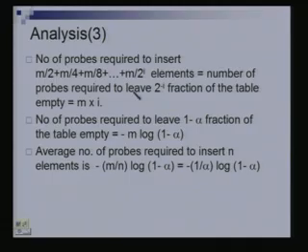I've just gone from here to here. If I have 2 to the minus I fraction empty, 2 to the minus I is a number smaller than 1. So to get to this point where only 2 to the minus I fraction was empty, I required m into I probes. So to get to a point where 1 minus alpha fraction was empty, I need so many probes. So the average number of probes required: this was the total number of probes required, so the average is just divided by n. m by n was 1 by alpha, n by m was alpha. So this is this quantity.